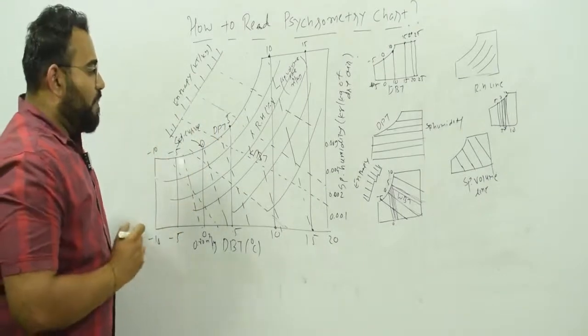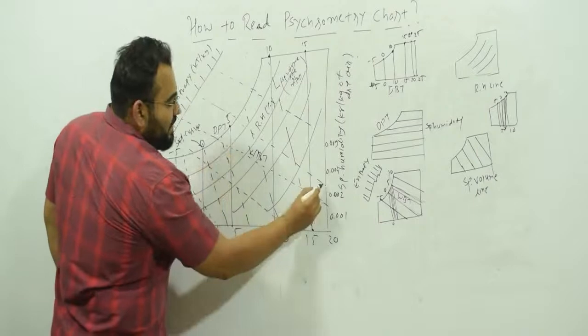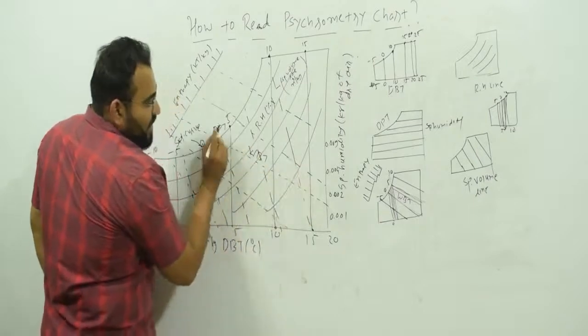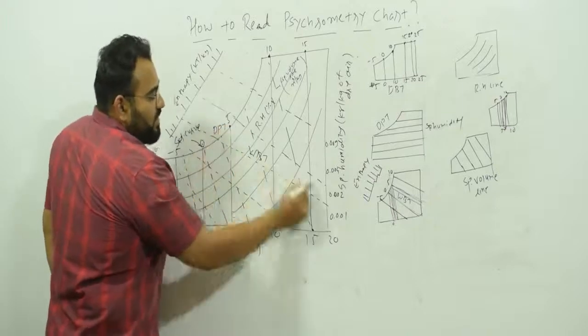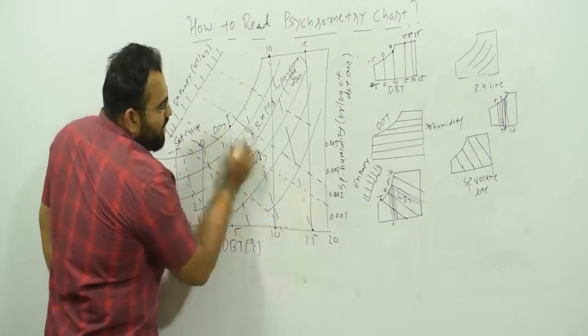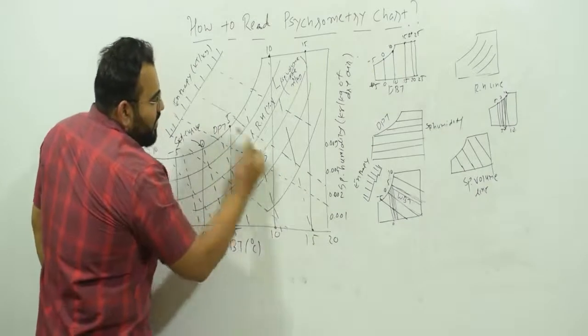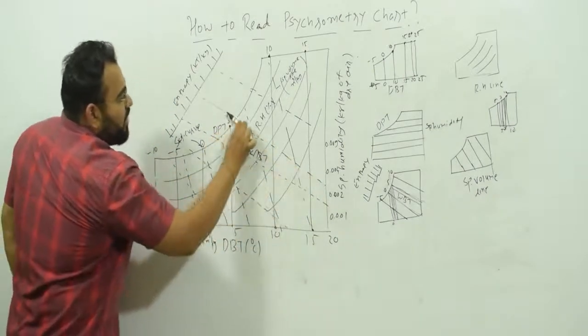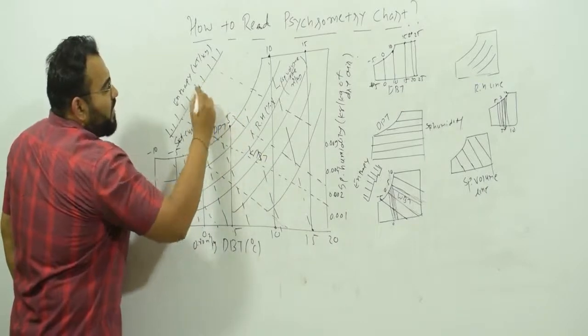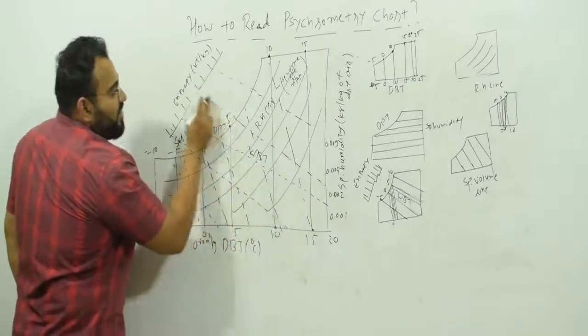Okay, again I'm going to repeat. Let's say this is the 5 degrees Celsius WBT line. This is, let us say, for example, right now it is not like that, but let us say this is 6 degrees, or this is, let's say, the 7 degrees Celsius WBT line. So this is the 7 degrees Celsius WBT line. From now, extend this line over here, and whenever it intersects, it will show the enthalpy for the 7 degrees Celsius WBT line.